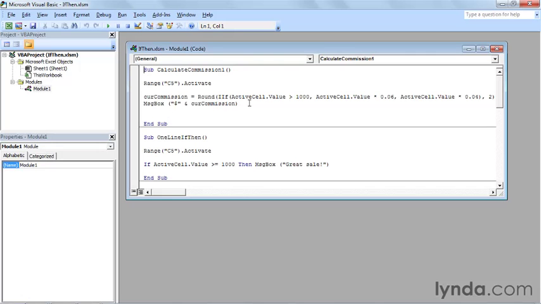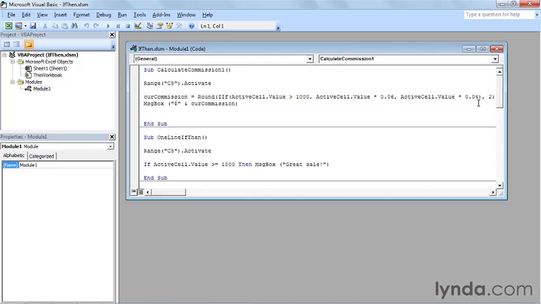In this routine, the IIF function checks a cell's value. In this case, it's checking the active cell, which will be C5 because of the activate command, to see if that cell's value is greater than 1000, comma, and now we tell it what to do if it's true. If that's the case, then you set the commission, set as a currency variable, to the active cell value, the amount of the sale, times 6%. If it's not true, in other words, if the value is below 1000, then you multiply by 0.04 or 4%